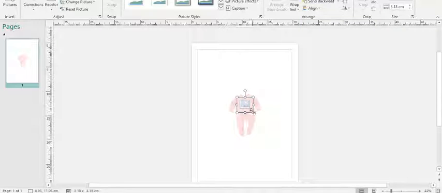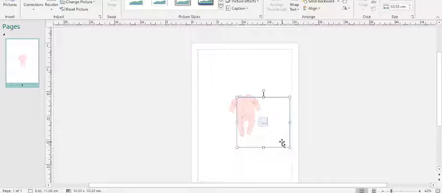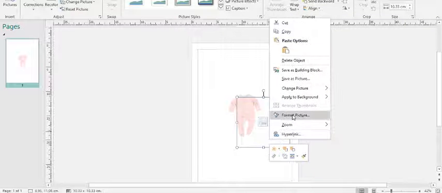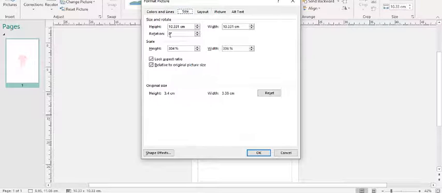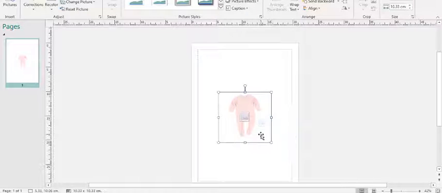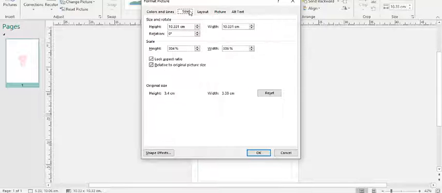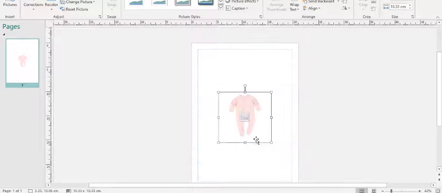So by default in Publisher this one is square, but you can right click, format picture, and just make sure you unlock the aspect ratio and change this to the ratio you need. But in this case, square is good. Hang on, I should just check that that actually was square. Yes. Okay, so now we want to get it to exactly